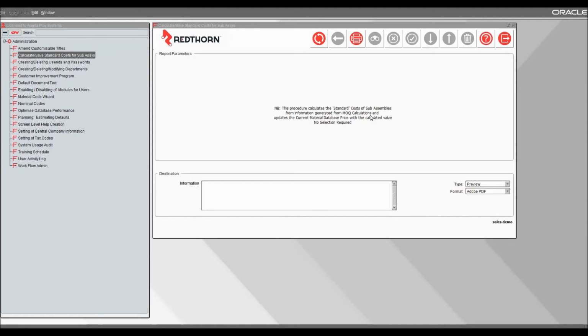However, it can be dangerous if you have free issue subassemblies, because on the bill of materials, if those subassemblies are being free issued to you, the costing of the job may see the costing from the material database price. So it's one to not jump into running. I would only run this if you are buying a lot of subassembly